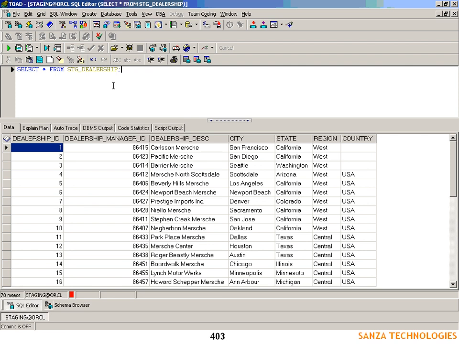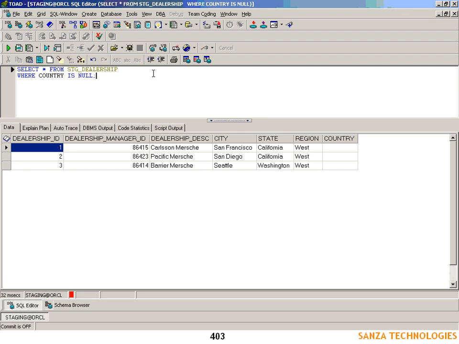For dealership ID 123, there is a country null value. Their country is null. So these three records have country as null value in the staging dealership table. While loading the data into the dimension dealership table, you have to